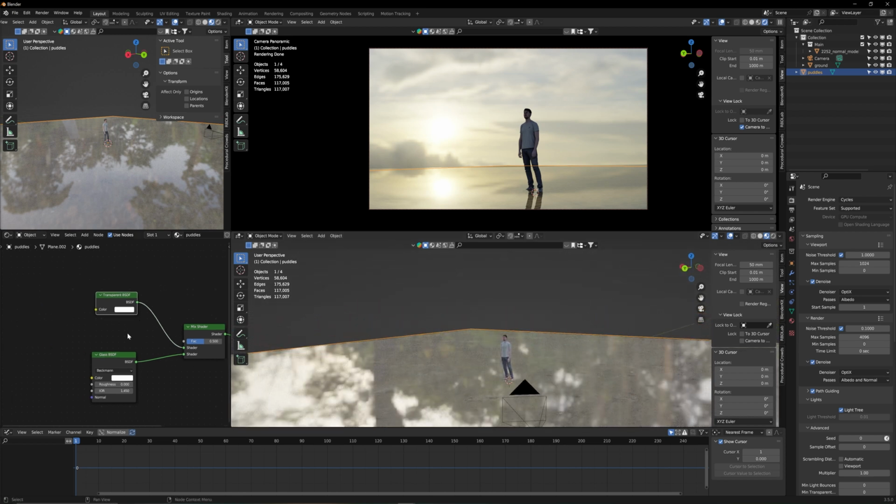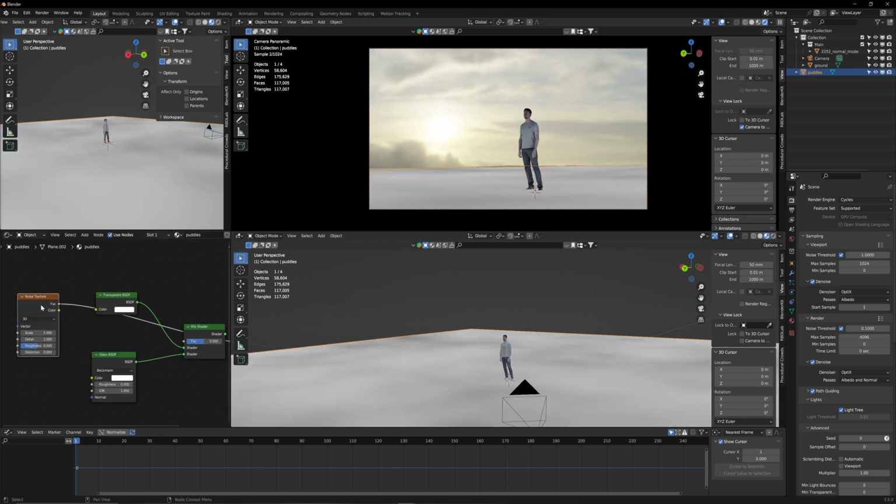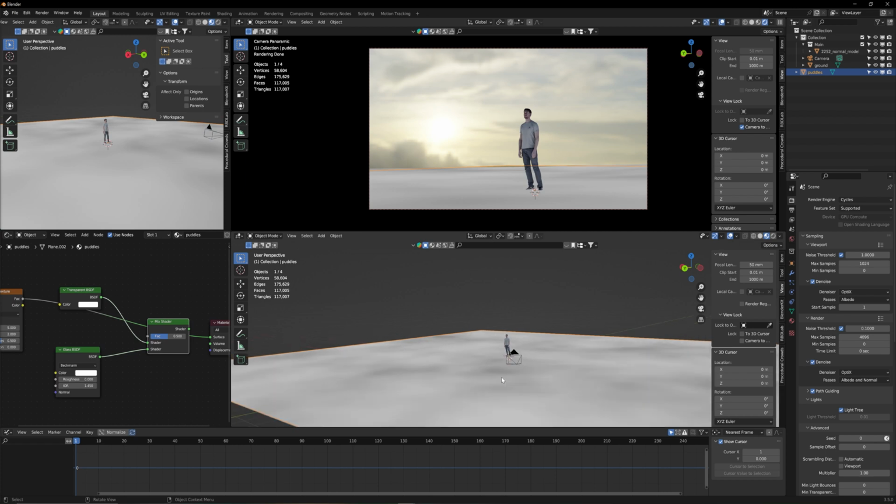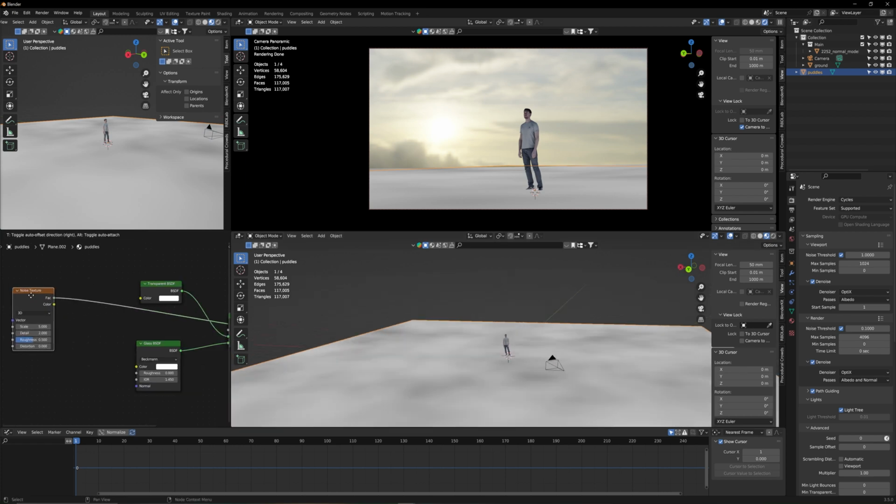The next step, and that's the most important one, is we need to make the puddles. We're gonna use a noise texture. Just type in noise texture. Link this with the final output, with the material output. This is what the noise looks like. And what I always do